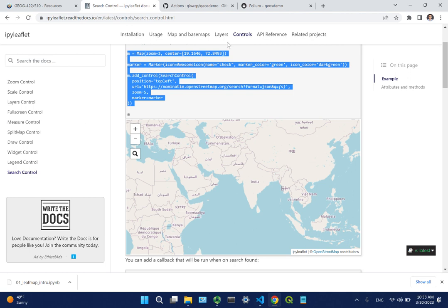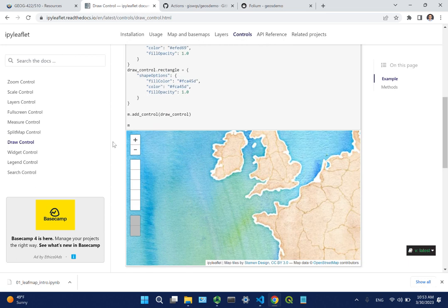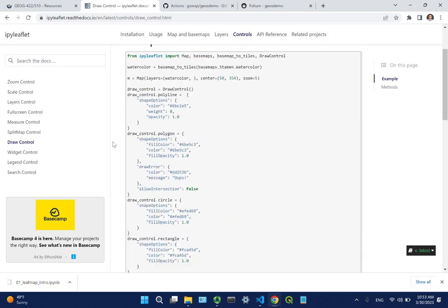So similarly, I can add a draw control, for example. If you come here, where's the draw control? Zoom control, full screen control, draw control. And let's say by default, I want to add a draw control. You see this one? It's actually pretty complicated, right? Don't expect that the users, if they're beginners,